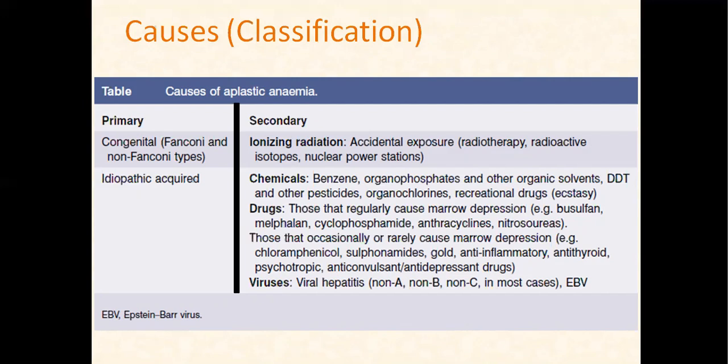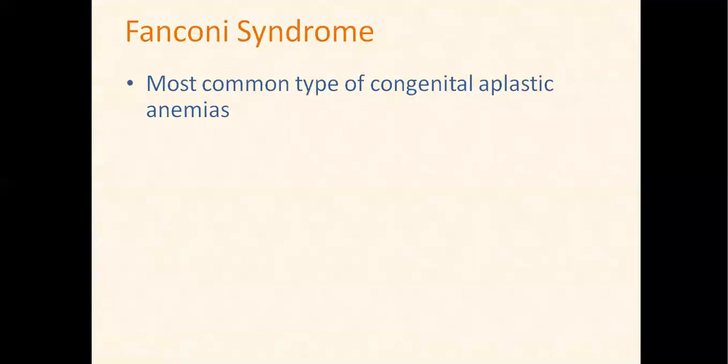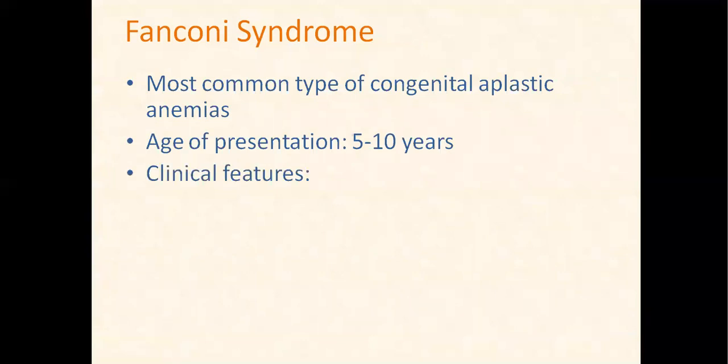Other secondary causes include viruses, for example viral hepatitis non-A, non-B, and non-C, which is the most common cause. In addition to that, Epstein-Barr virus. Fanconi syndrome is the most common type of congenital aplasia, with age of presentation from 5 to 10 years. The clinical features: